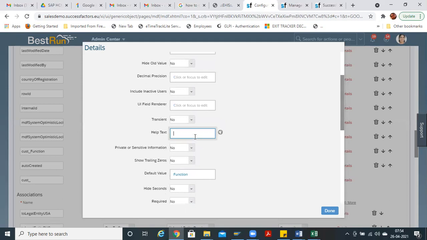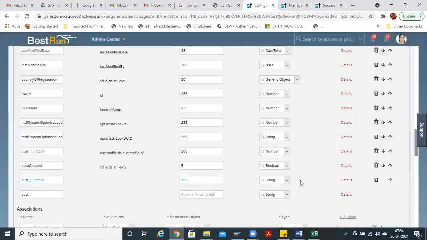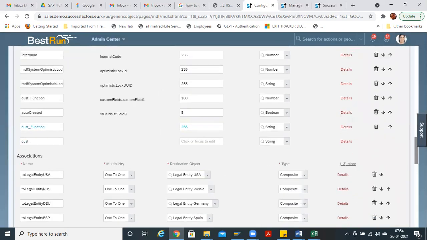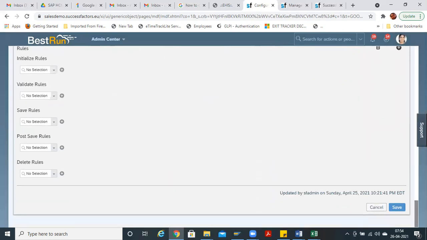And what is this help text? This is an optional field. If you write, for example, required to enter function, then it will show a help icon, and there you can find what exactly the description is. Required functions only, for example. Okay, make it done, then save it.